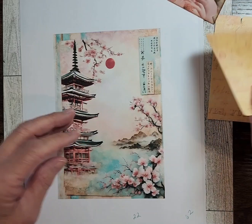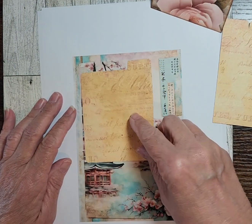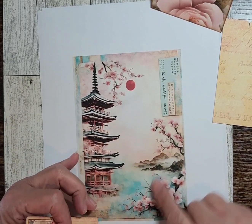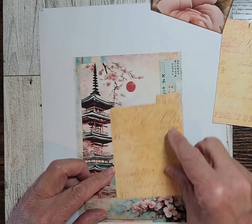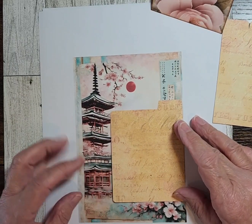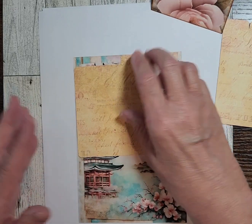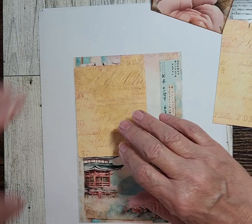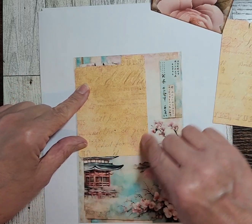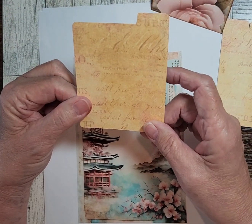What I did was I used a template, and I just figured out what I wanted on here, whether I wanted the roses or the blossoms down here, whether I wanted part of that, the writing up there, whether I wanted a pagoda. You can get most of the pagoda. If you printed it bigger, you'd probably get it all, or quite a bit on the top. I'm cutting the top off. If I was to use this, I would just cut around here, and voila, I have one of my